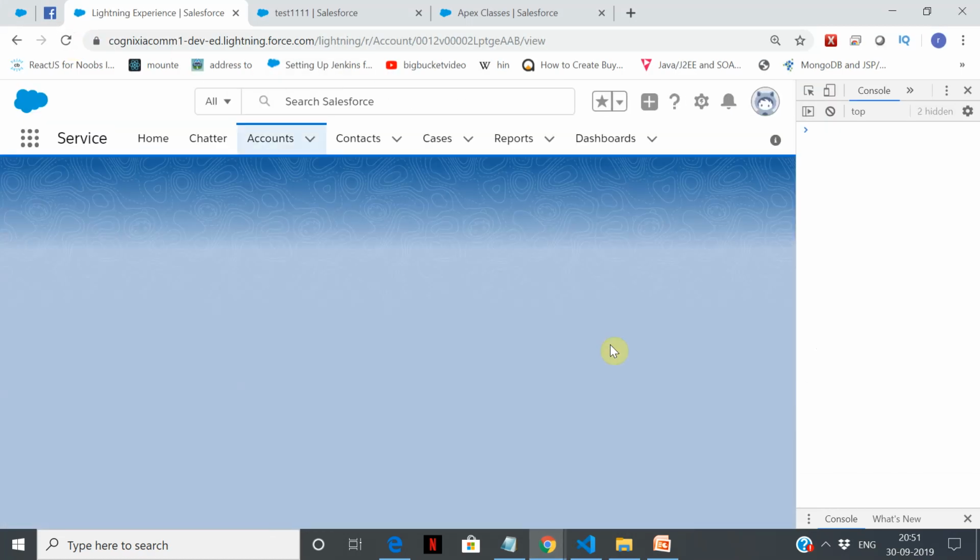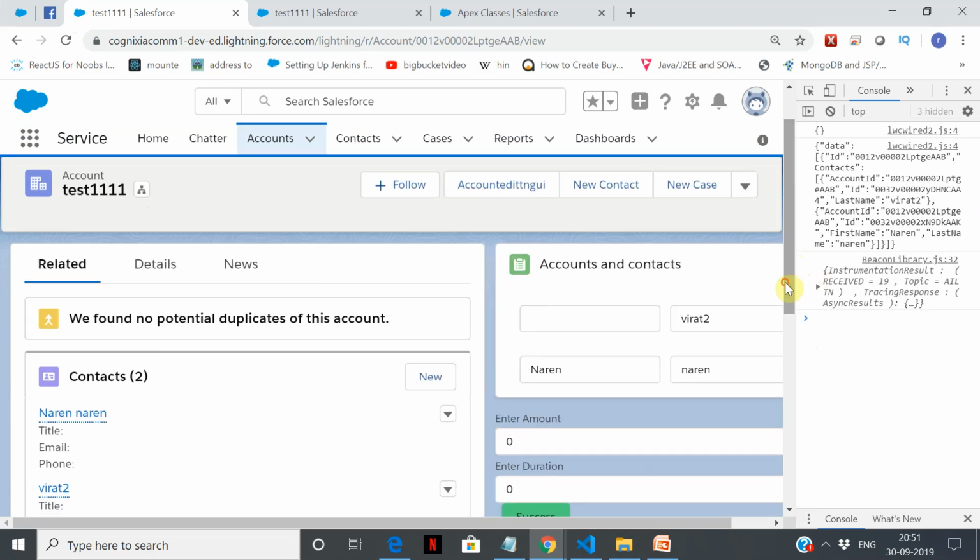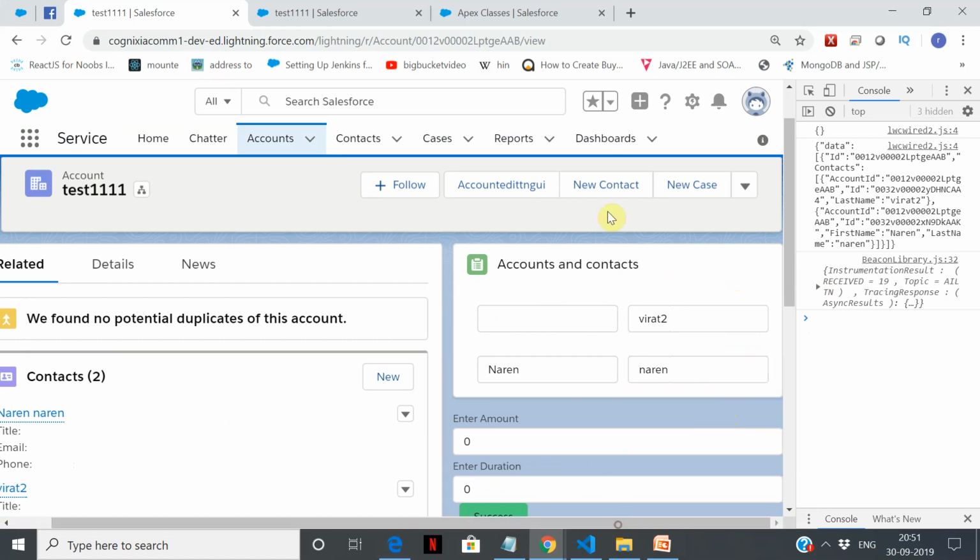As soon as the data loads for any of the accounts, as my record loads for any of the accounts, this component begins to render. Alright, so it gives us a list of all the contacts. If I add a new contact, it is going to show that, and it also shows an update. This is an input text box, right? So the next step that we will do is, now we have touched the database and got the data from there. Now the next thing is we are going to update the data and change the contact names. So let us see how to do that.